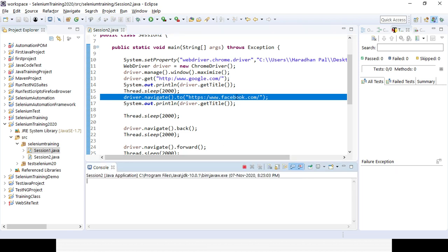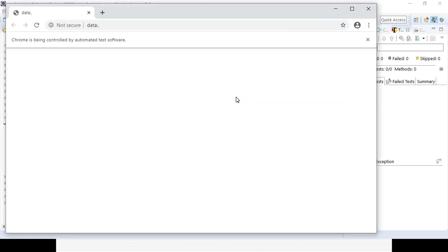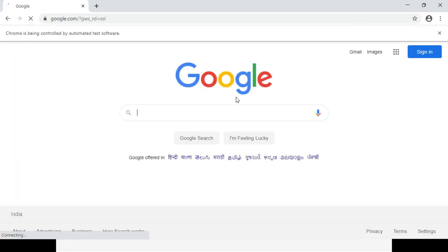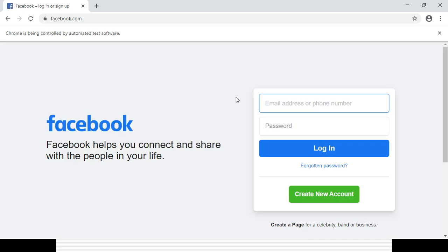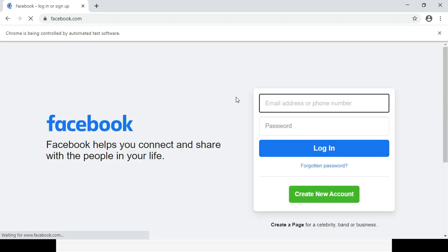So it will first open the Chrome browser, so the Google page will open, after that it will wait for 2 seconds, then the Facebook page opens, and once the page is fully loaded it will wait for 2 seconds, then again it will go back in the browser, that means it is going to the Google page, again wait for 2 seconds, it will go forward in the browser, that means it will go to the Facebook page, after the Facebook page is loaded it will refresh the browser again, refresh means just F5, right?